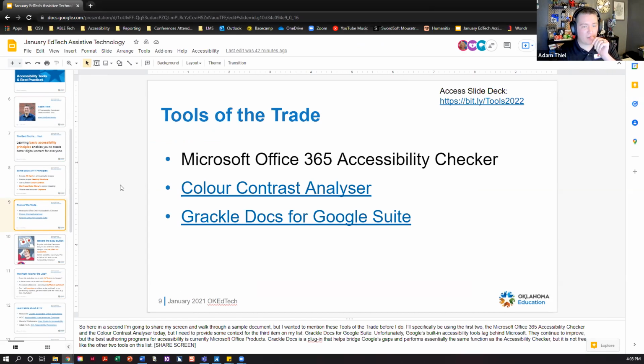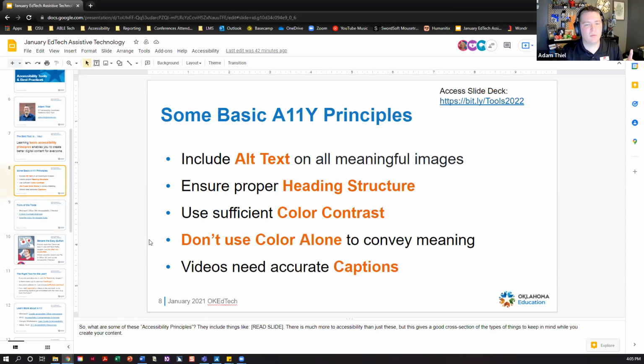Just another quick note to go along with color contrast. You want to make sure that you're not using color alone to convey meaning. And what I mean by that is you wouldn't want to have something that says like important information below is red, and then list out a list that has some things that are red and some things that aren't.